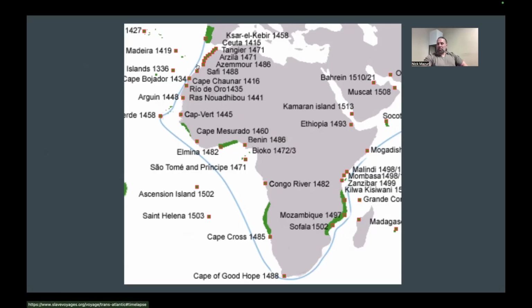And so what they're basically doing is a sort of amphibious approach. They bounce from each side and they go a little bit further and a little bit further all the way down, so they make it all the way around. And they're usually following the monsoon winds over here on the eastern coast, right? That would take you towards India and China and then bring you back. But what is interesting about that is as they are traveling around, they notice these economies and these kingdoms and civilizations where they are trading in slaves.